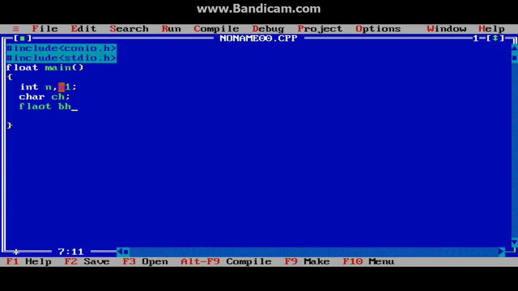For float, suppose bh, and for double we can take any variable, c1. These are all the primitive data types we have declared here.